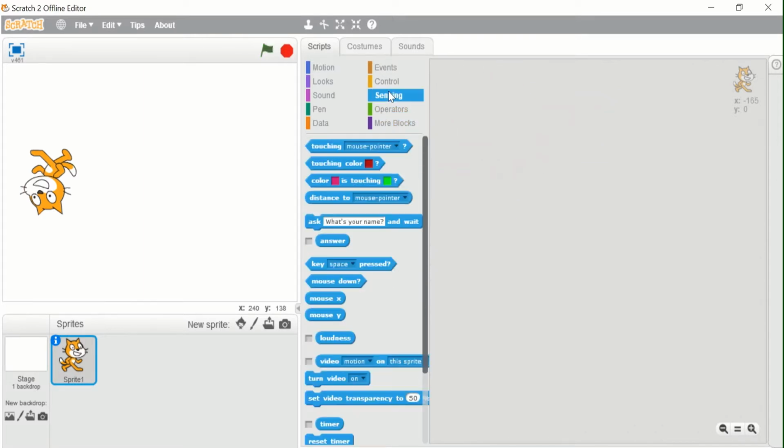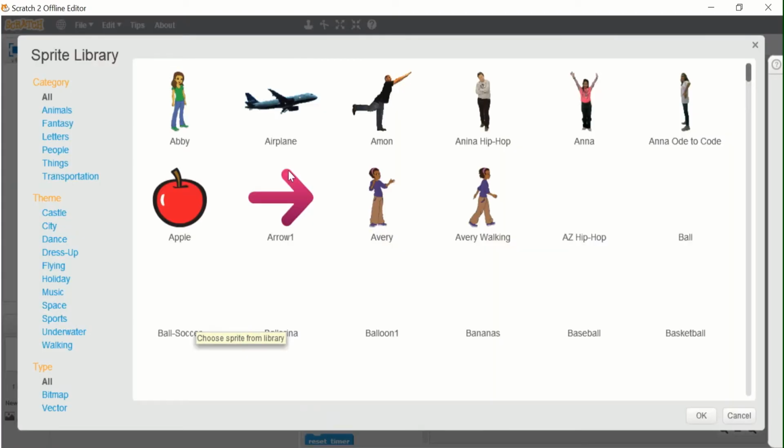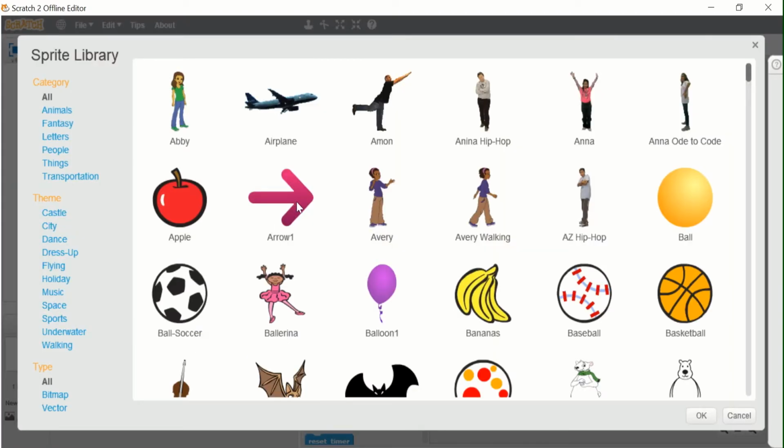So the next block in the sensing block menu is touching color. This block checks a condition if the sprite is touching a specific color. Suppose I have one more sprite, this arrow one, I take it and I click OK.